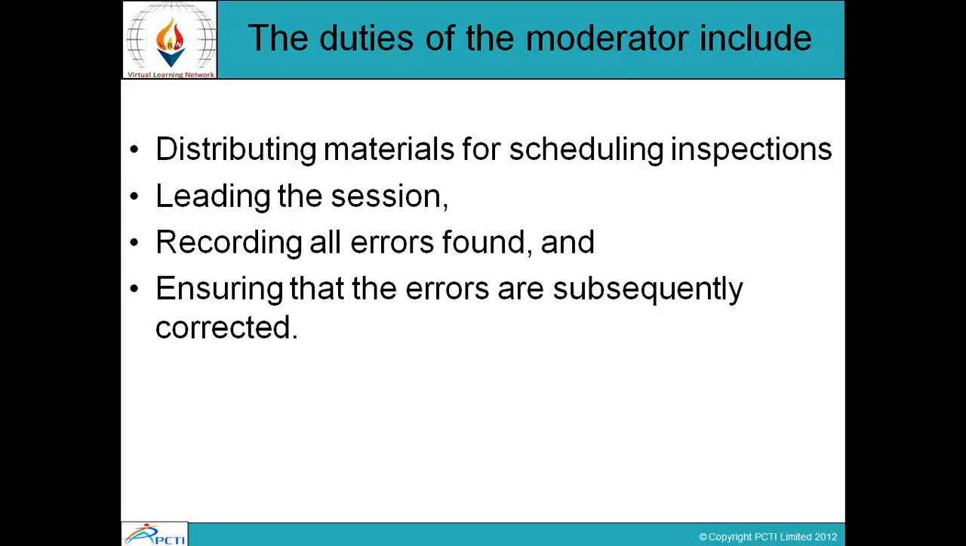They check whether the material is according to schedule or not. If there can be problems, they remove and rectify them, and the leading of the session is properly according to the plan, recording all errors found here and ensuring errors are subsequently corrected. Basically here the moderator may call the quality control engineer, and the remaining members usually consist of the program designer